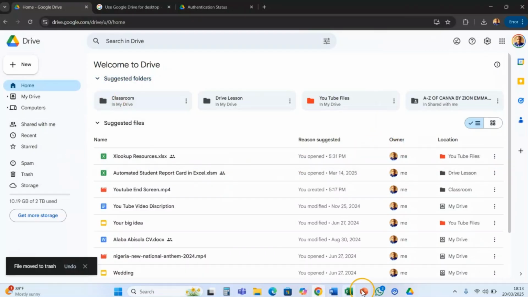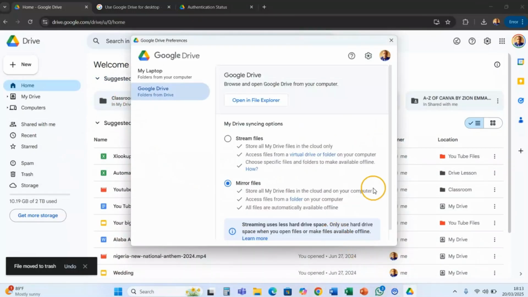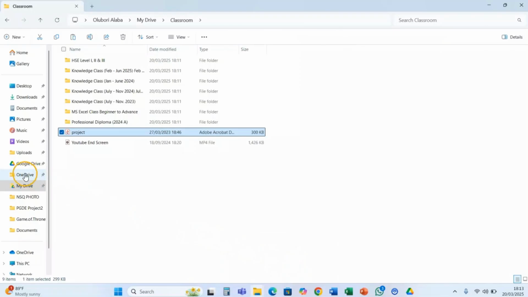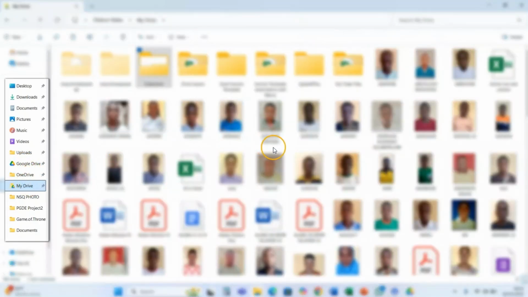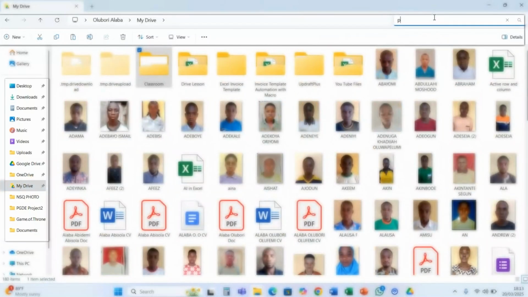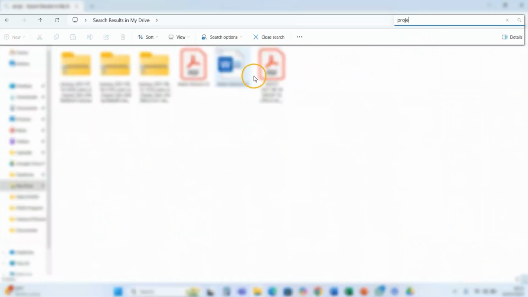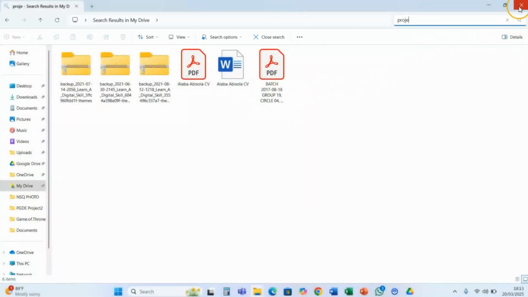Now if I go back to my local computer, if I go back to my drive, it is done. So if I search through it, project, you see that that file has actually been deleted.